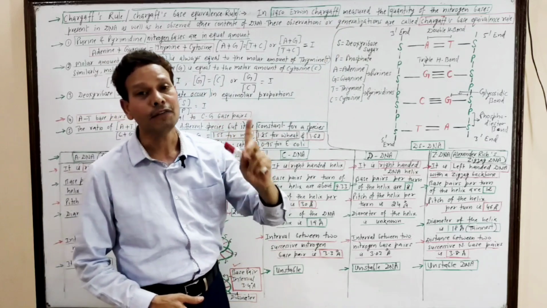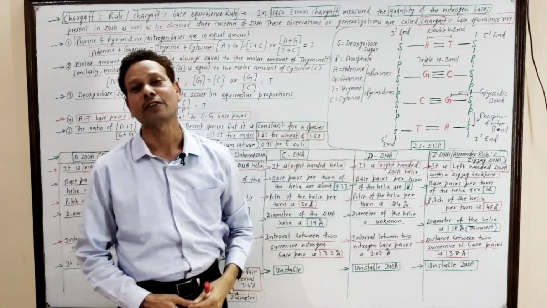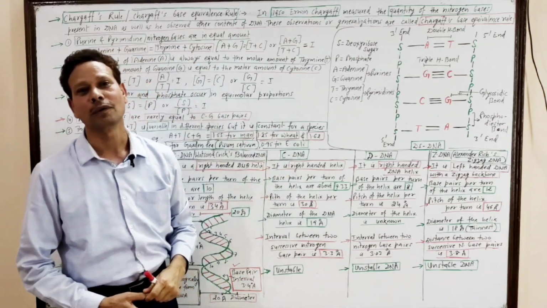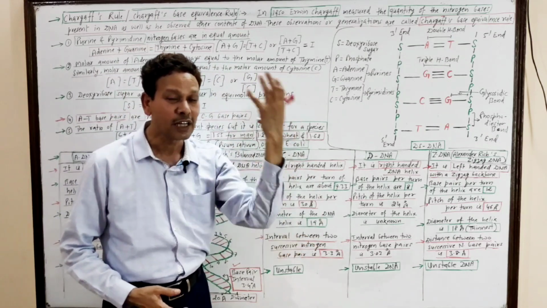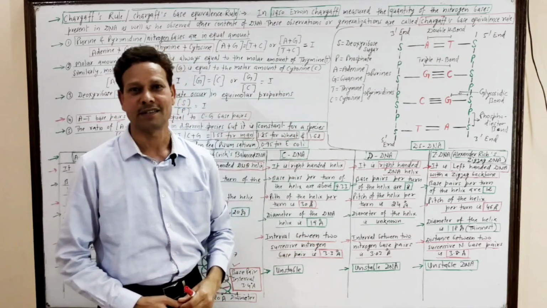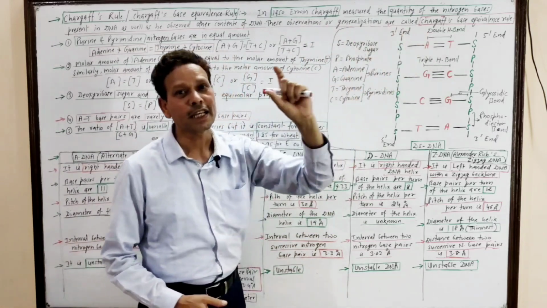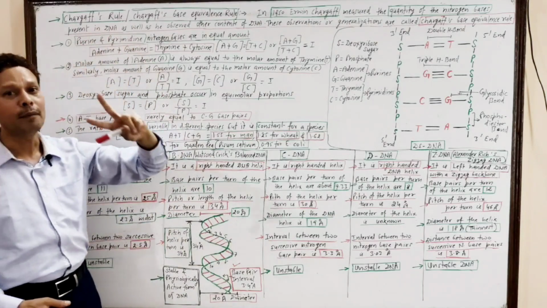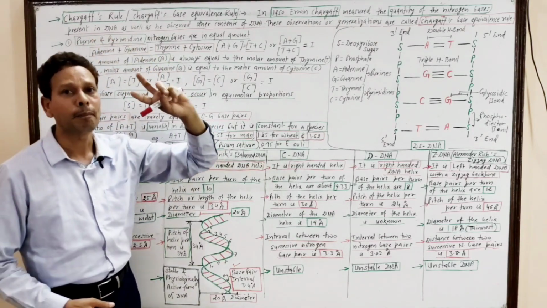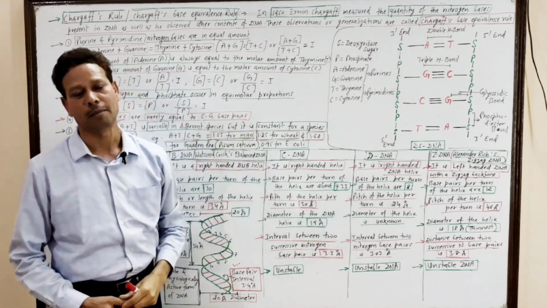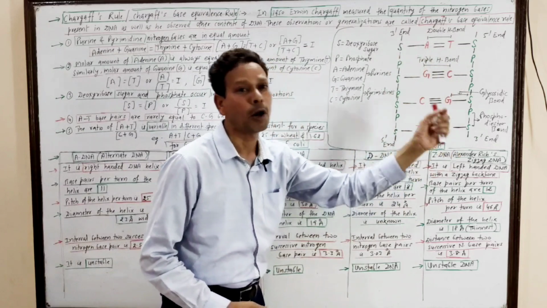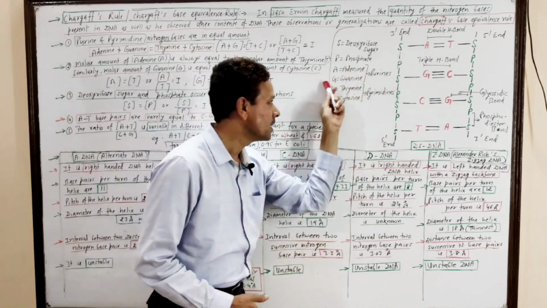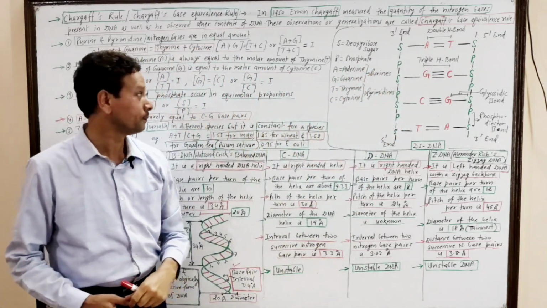Erwin Chargaff, in 1950, measured the quantity of these nitrogen bases, as well as he studied different contents of the DNA molecule. His observations and generalizations are commonly known as Chargaff's base equivalence rule. It states that purine and pyrimidine nitrogen bases are equal in number. It means in this DNA molecule, the number of purines is equal to the number of pyrimidines.